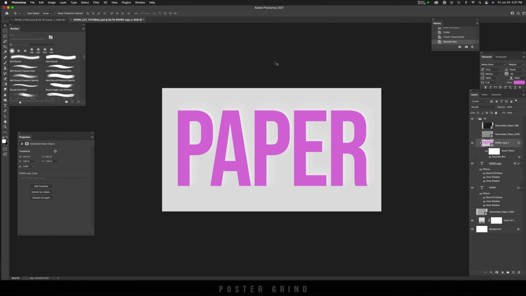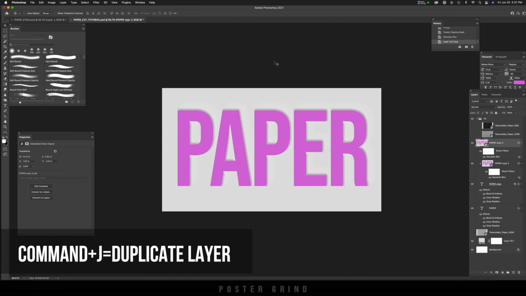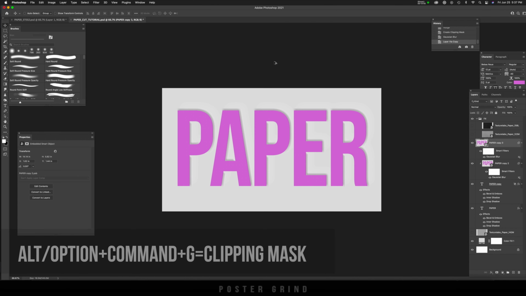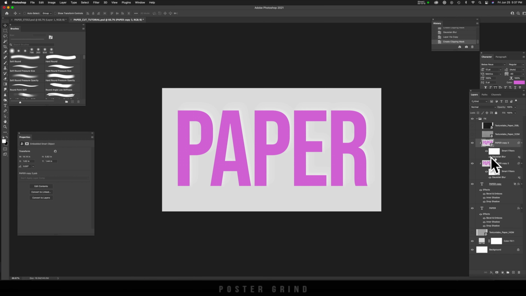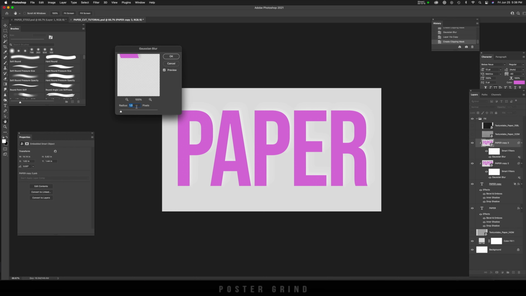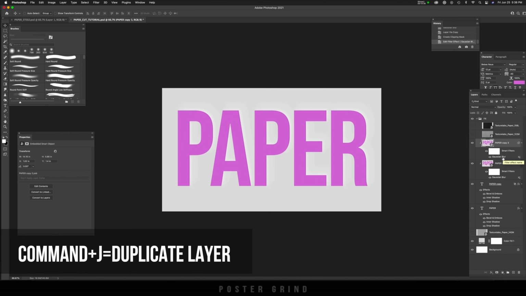Hit OK. Now we're going to duplicate the layer one more time, Command J, and then we're going to attach it to the bottom layer, Alt or Option, Command G, and then we're going to double click on the Gaussian Blur on our filter since it's already been created. And now we're going to increase the pixels, actually make the blur more blurry. You can go to something like 7, hit OK,